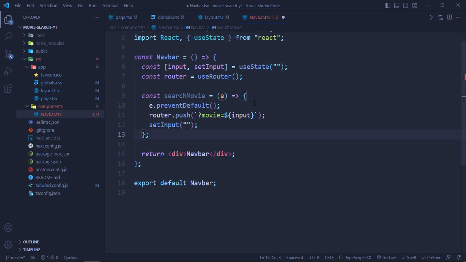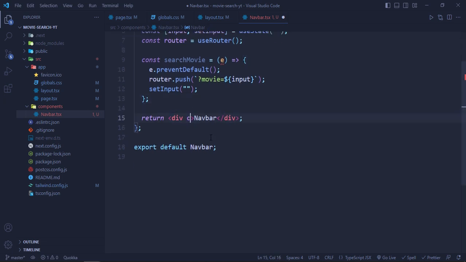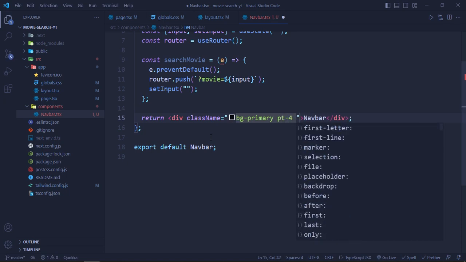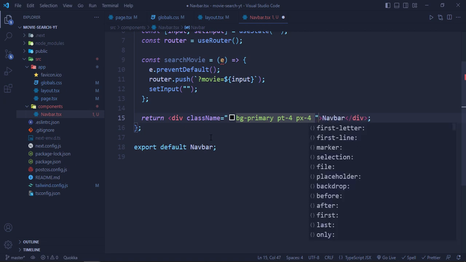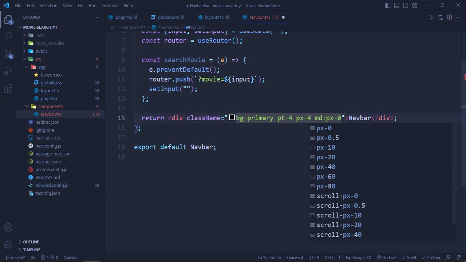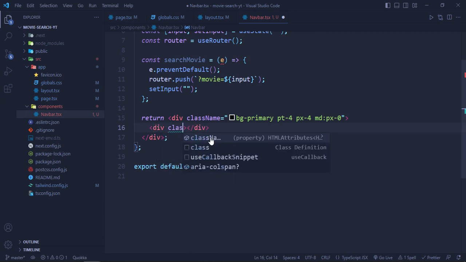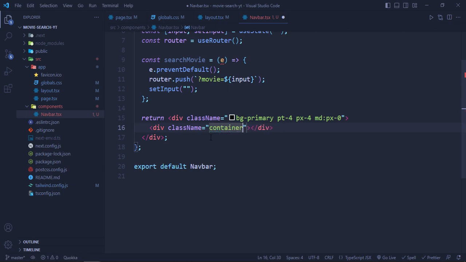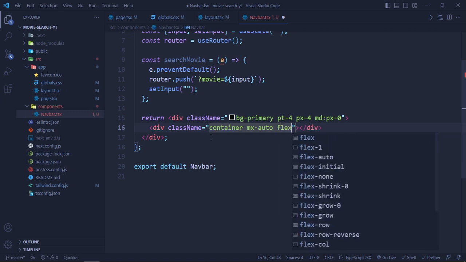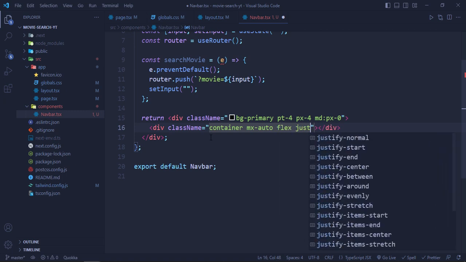Okay, so now just go back here and let's just give some styles. So I'll just give a class name bg primary. Okay, py4, px4 and md px0. Okay, we will take a div and in here we will give a class name of container and mx auto and flex and justify between